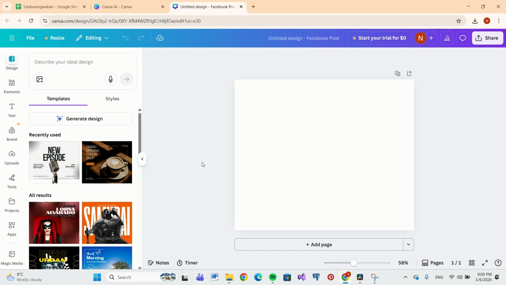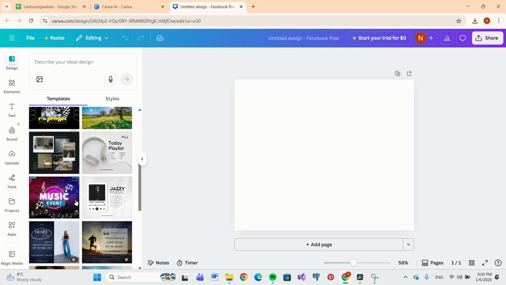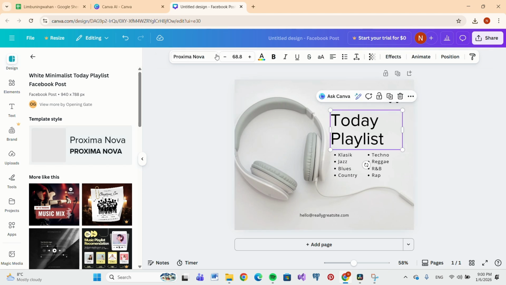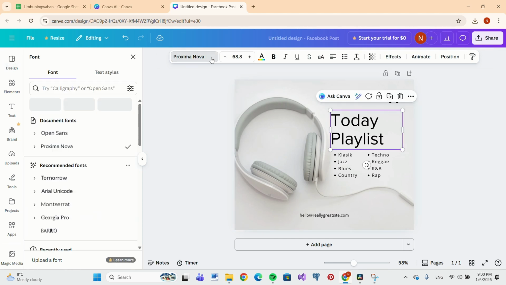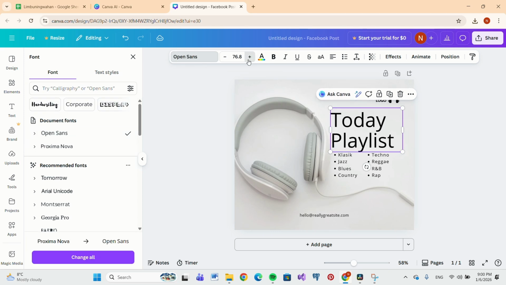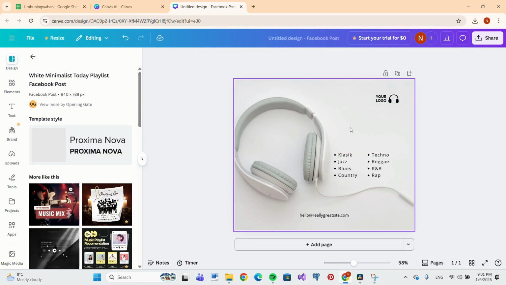Within it, you can see different AI generated images. Tap on any image. Now, in order to edit AI generated text manually, tap any text and edit the font style, size, and color if needed. You can also delete them if you don't need them, or you can just rewrite the text completely to match your